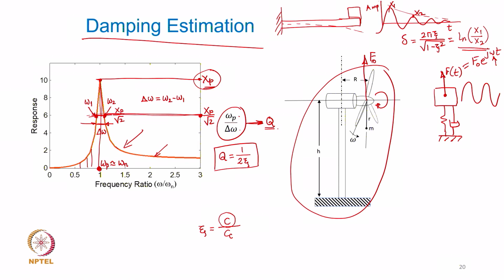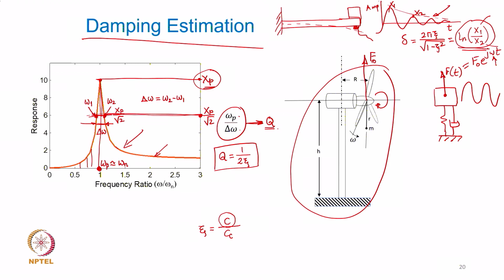By putting some kind of a sensor or accelerometer to measure the vibratory response of this system, once I get this response measured, I can track the amplitude decay, and then from that amplitude decay I can get x1 and x2,